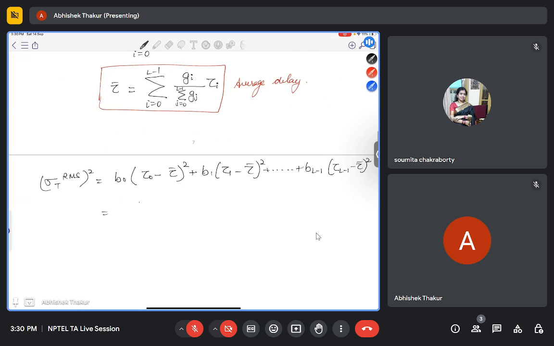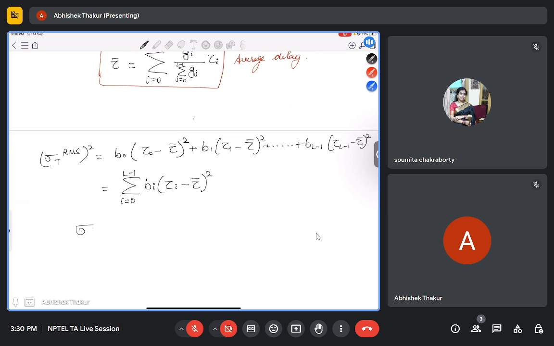So this is given as the summation of i equal to 0 to L minus 1 of bi. We can give this equation like this. So our RMS delay spread will be the square root of